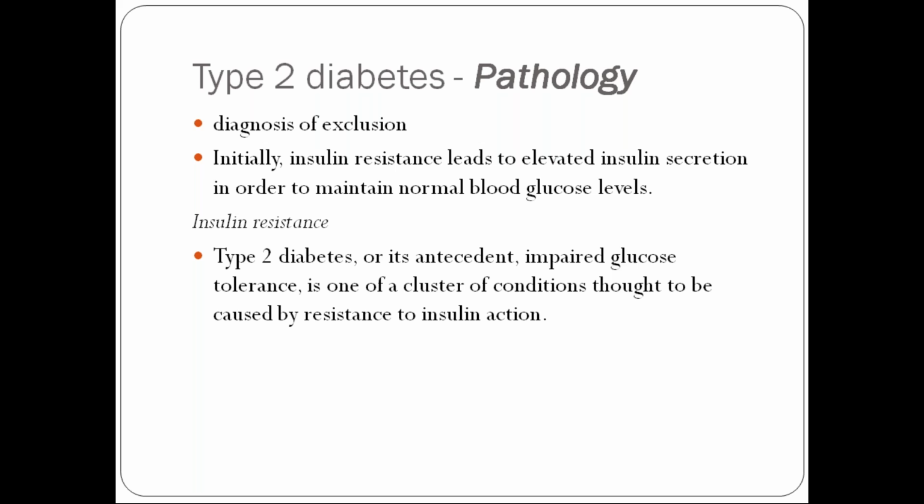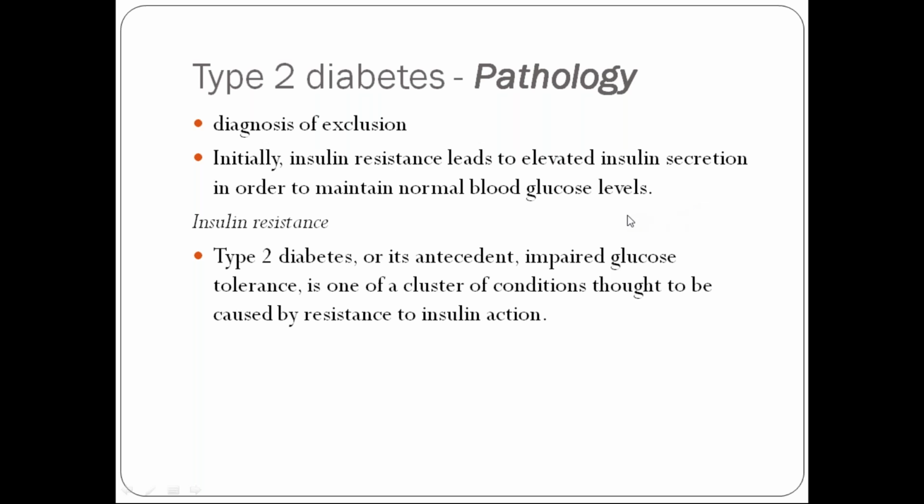Initially insulin resistance leads to elevated insulin secretion in order to maintain normal glucose levels. These patients of type 2 diabetes will have impaired glucose tolerance, and as there is insulin resistance, more and more insulin is secreted by the islet cells of the pancreas. As they keep secreting more and more, they work hard and ultimately lose their function and die,